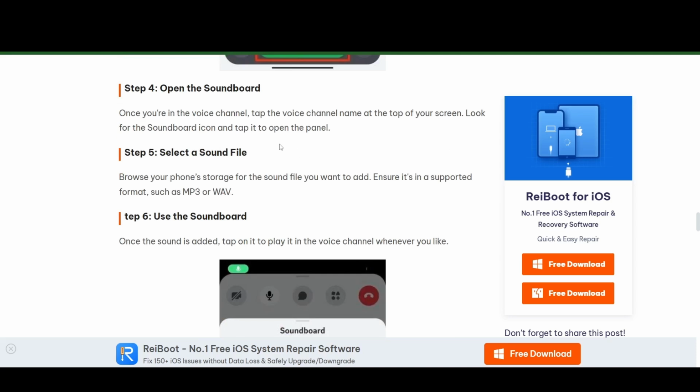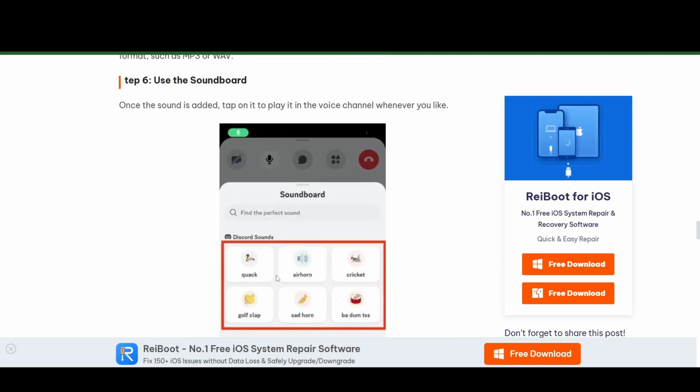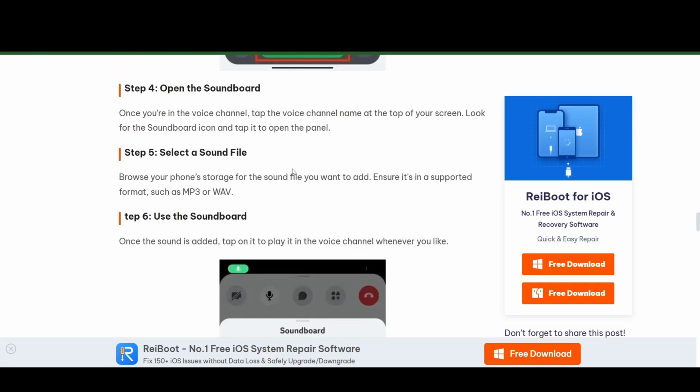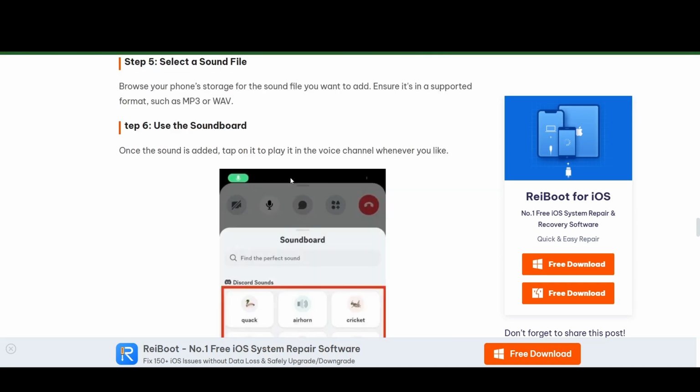Step 5. Here comes the fun part. Browse through your phone's storage to find the sound file you want to add. Make sure it's in a supported format like MP3 or WAV. If you don't have any sounds yet, consider downloading some fun clips or using an audio editing app to create